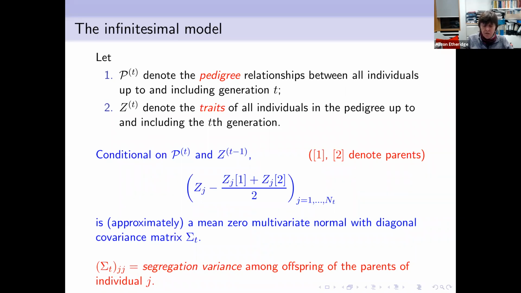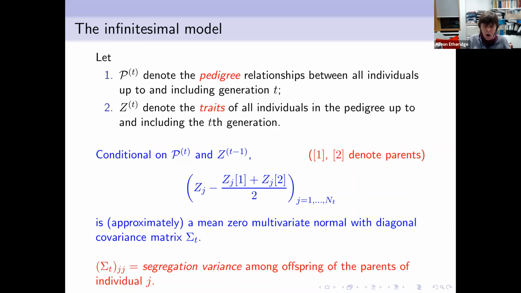So we're not saying that if you look at the trait Zj, we've got a normal over the whole population. We're saying that if we look within families, these traits satisfy a multivariate normal, and there is a diagonal covariance matrix. And the jth entry in that diagonal is going to be the segregation variance among offspring of the parents of